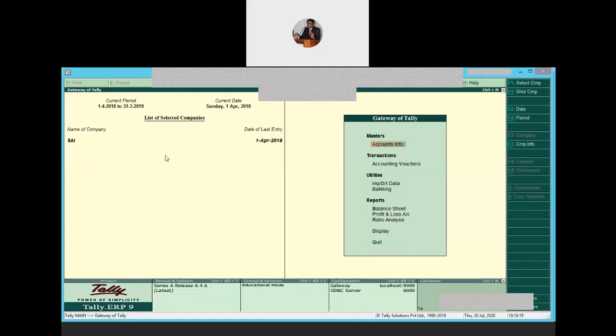So total how many components the tally screen is divided into 6. The first component is horizontal button bar, second component is vertical button bar, then main work area divided into 2 parts. Left side, which is listing the date and list of the companies in tally. To the right side, it gives the menu in which we are. Then below that, we are having the information panel, which is divided into 5 parts. They are product, version updates, license and subscriptions, configuration, and calculator. Below that, we are able to see the taskbar, which locates the pathway and system time and date.